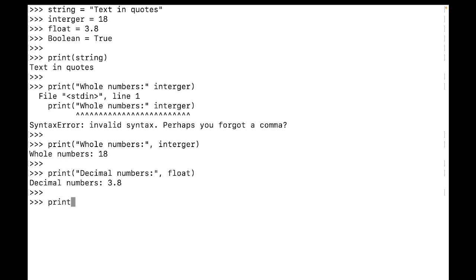Print boolean. So booleans are either true or false. So what we assigned to this boolean was true. So copy, close it. So you've seen it now. So booleans are either true or false, and what we have here is true. So you can start your